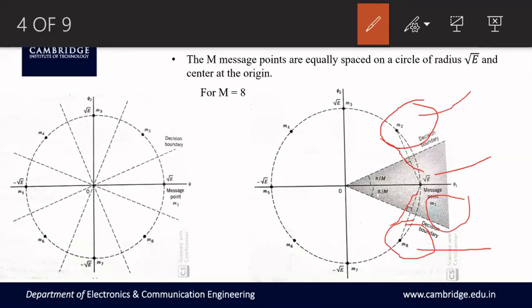For the consecutive symbols, what is the shortest distance between them? The shortest distance between these two symbols is also called Euclidean distance or minimum distance. That means what is the minimum distance that is enough to identify these symbols separately in the receiver. As the minimum distance decreases, probability of error increases. Chances of making errors increase. That's why we look into the minimum distance concept here also. It should remain constant throughout, and we sometimes calculate that value also. We shall see that part later.